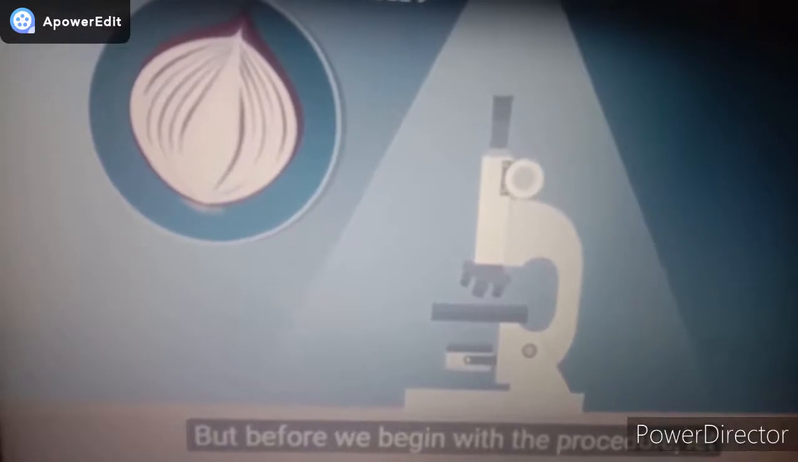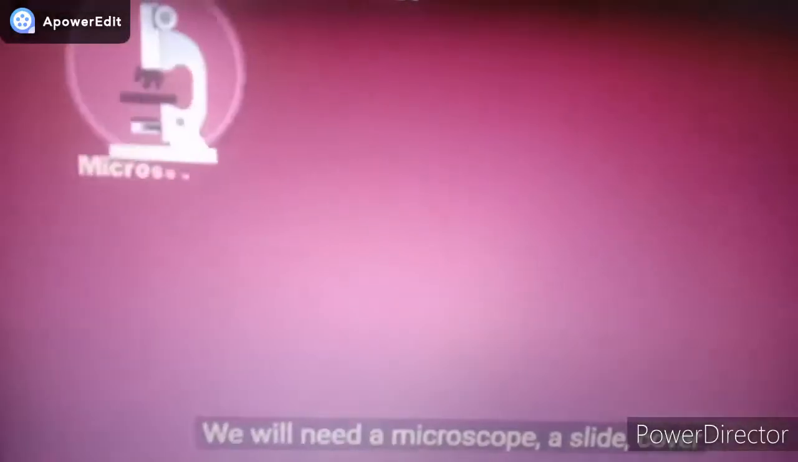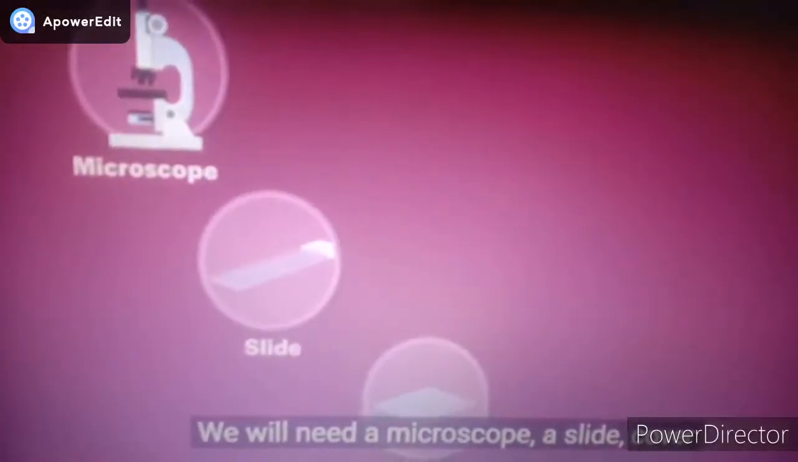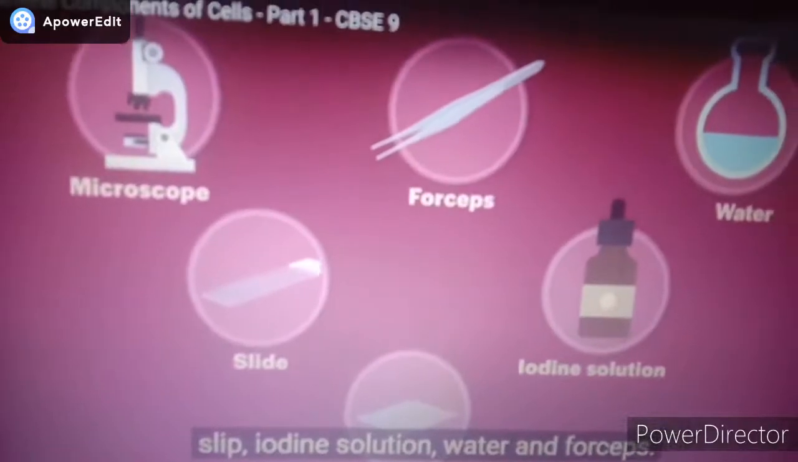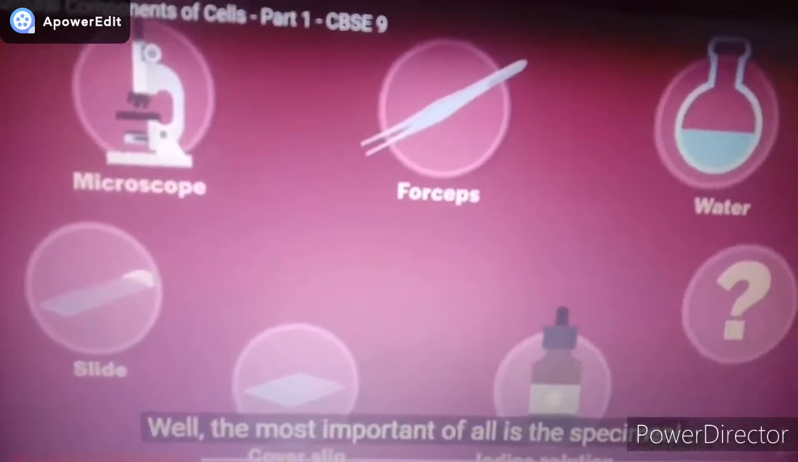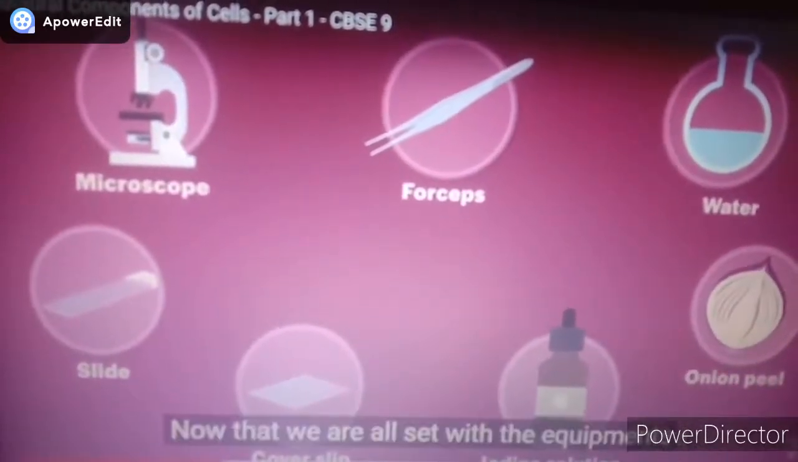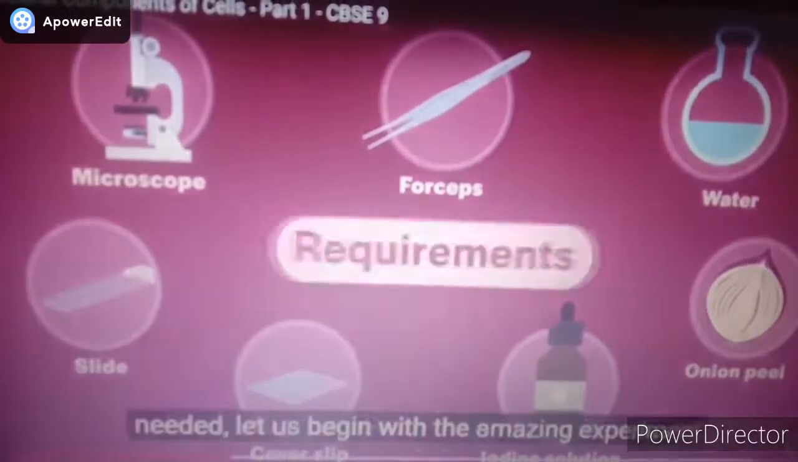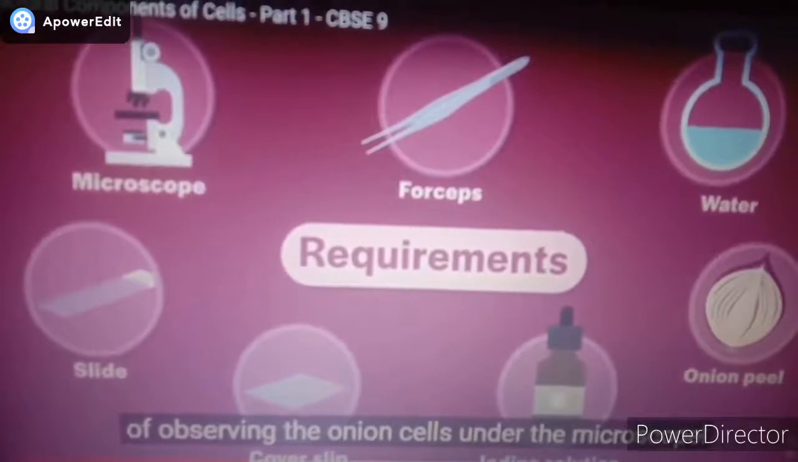But before we begin with this process, we have to collect some necessary requirements. We need a microscope, slide, cover slip, iodine solution, water, and forceps. All these things we have to collect. Well, the most important of all is the specimen, that is the onion peel. Now that we are all set with the equipment needed, let us begin with the amazing experiment of observing the